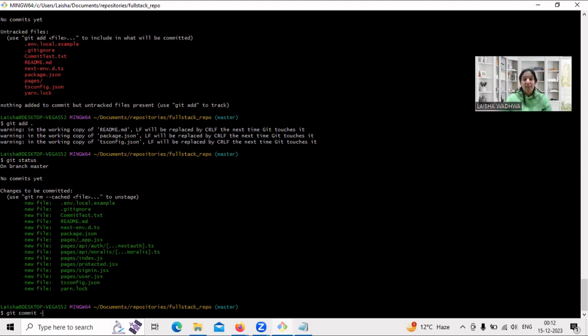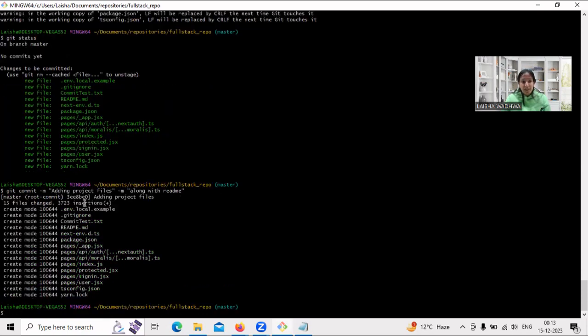Are those changes related to a particular feature? What are we doing? So make this message really meaningful. -m is the option for us to add a new message. We say adding project files. In case you miss something, you can also add another commit message along with README, and we can go ahead